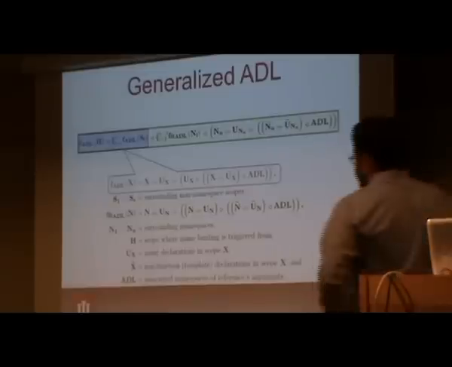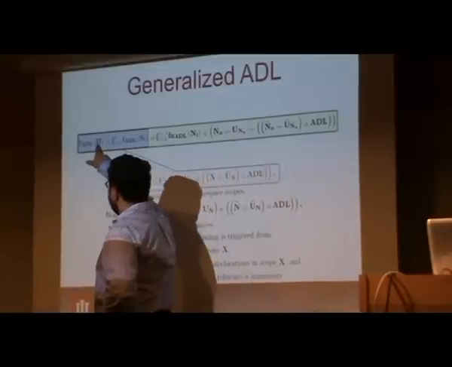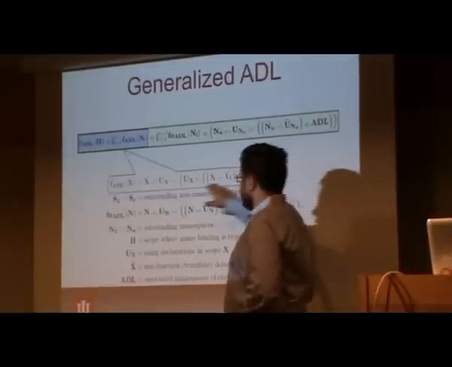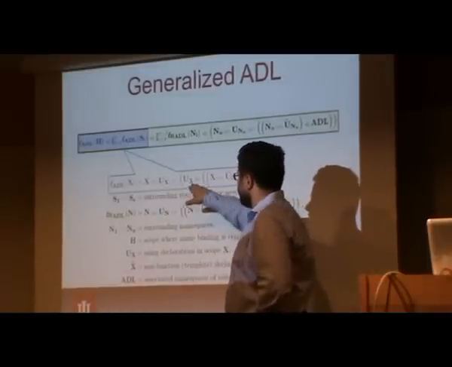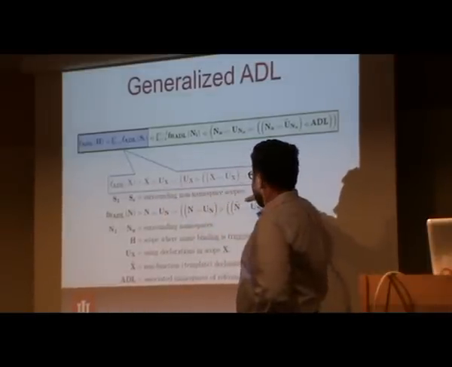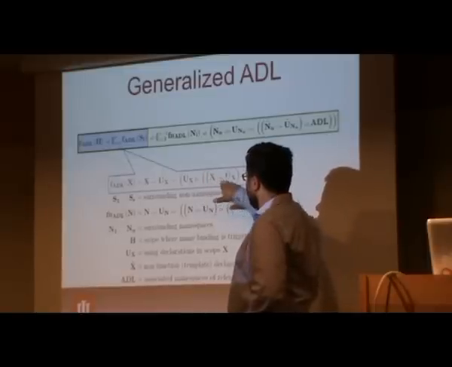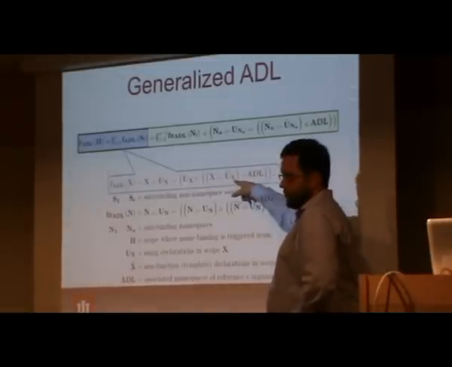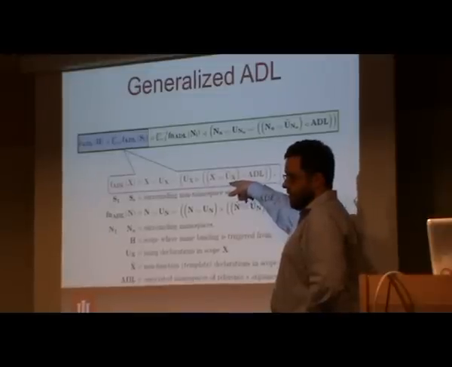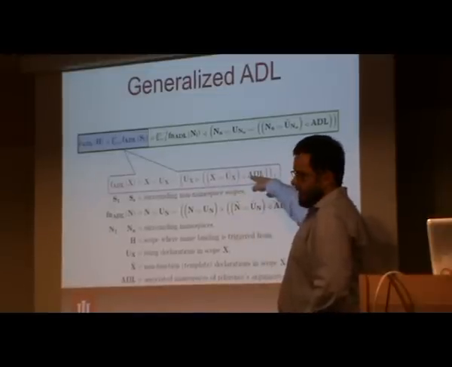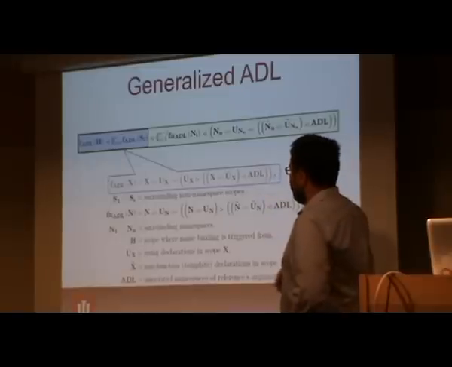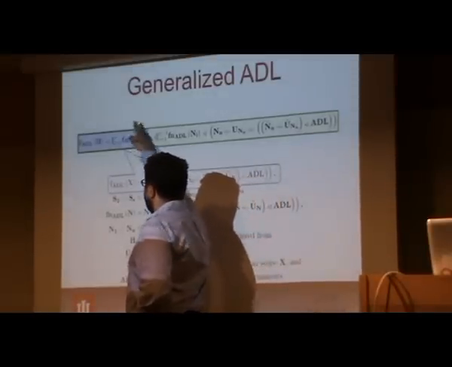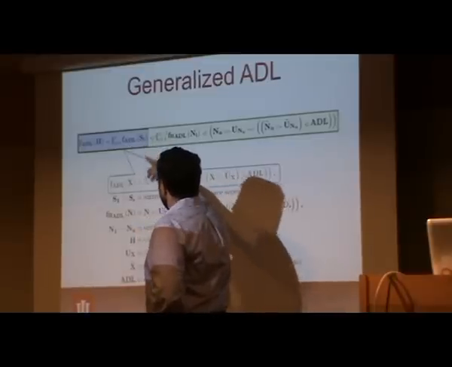So first, we look in the surrounding declaration of the call using that F_ADL, which is very similar to what we've seen before. We look at the current scope, we use using declarations. If there were any using declarations, we open up ADL, but we hide whatever is in the current scope. And this is a special one. We hide any names that are not function names. So for example, if you have a variable name, it will just hide all the same names from the argument. Then we do the same thing for all the surrounding block scopes, and they successively hide each other. So block scopes are a little different.